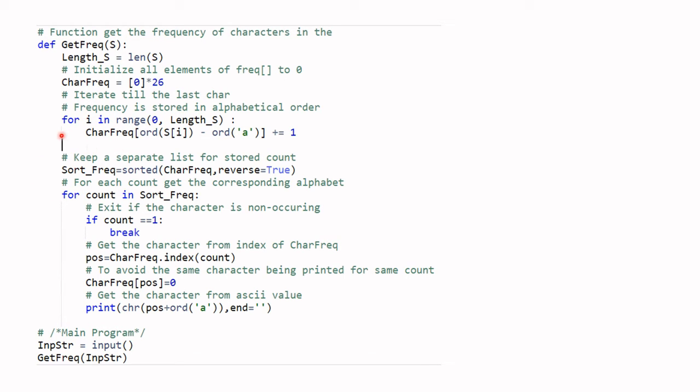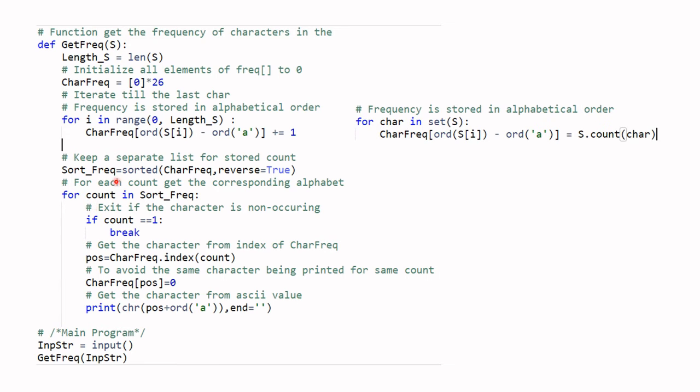Next, we create another list that sorts the character frequency and stores it. With the position of the character frequency and the value of the frequency, we get the character and print it.